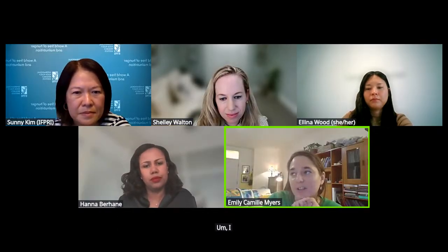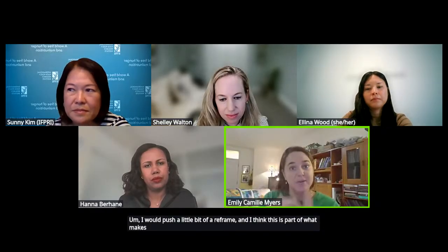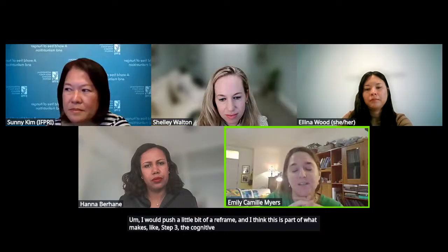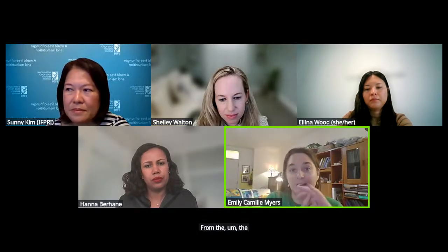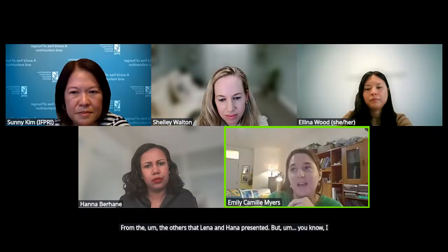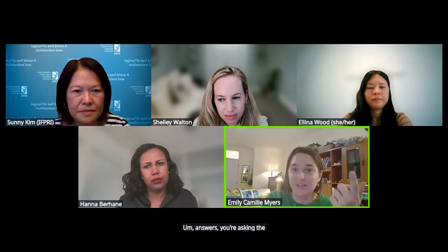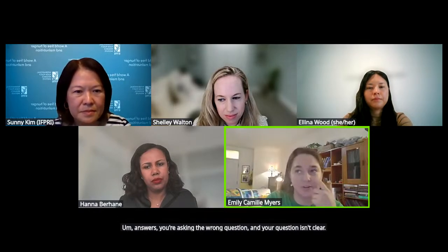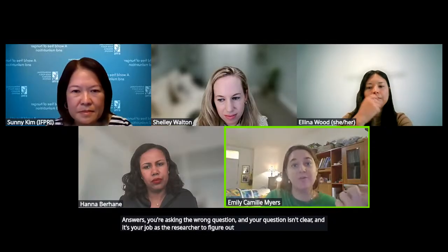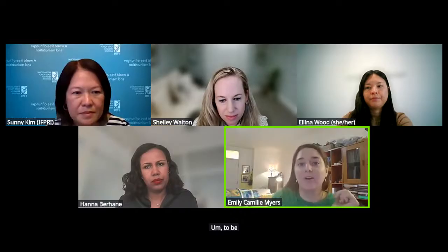I would push a little bit of a reframe. And I think this is part of what makes step 3, the cognitive interviewing, a little more distinct from the others that Alina and Hannah presented. I would push a reframe and say, it's not that the respondent is giving the wrong answers, you're asking the wrong question and your question isn't clear. It's your job as the researcher to figure out how to reword your questions to be interpreted the way you're intending.